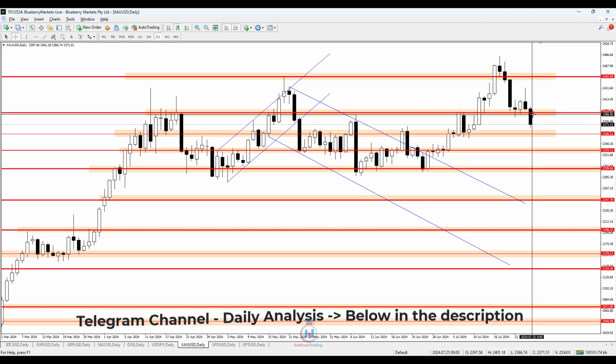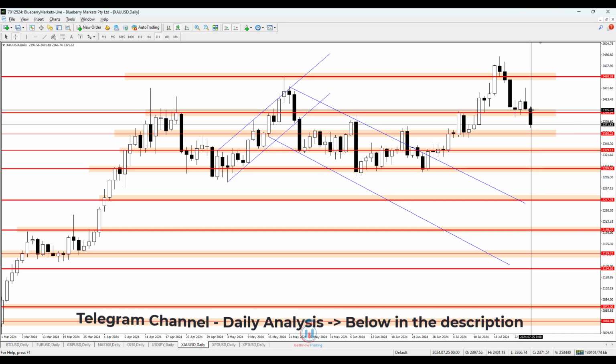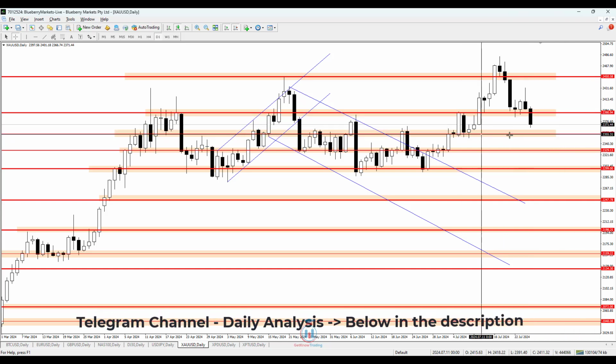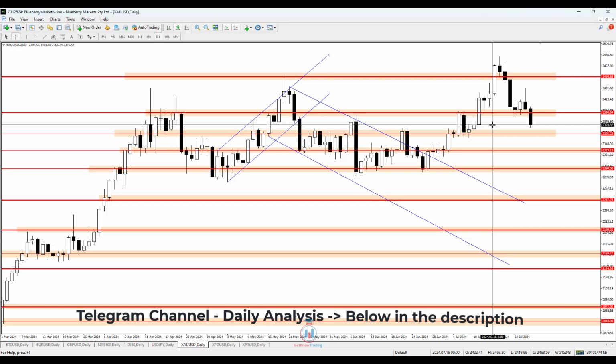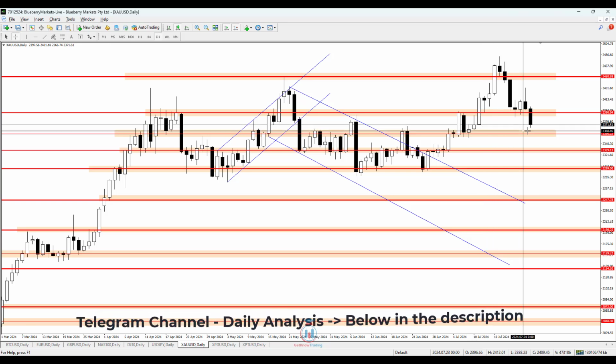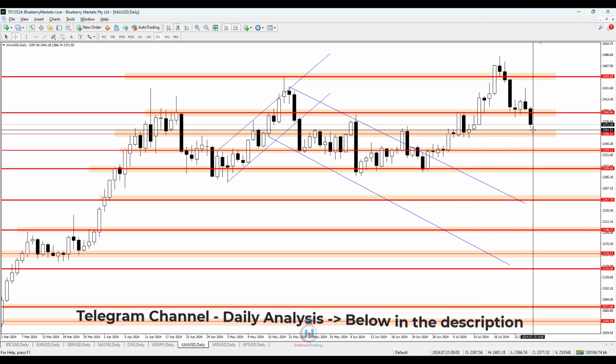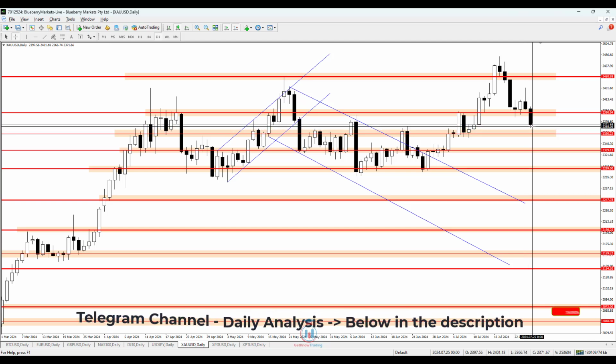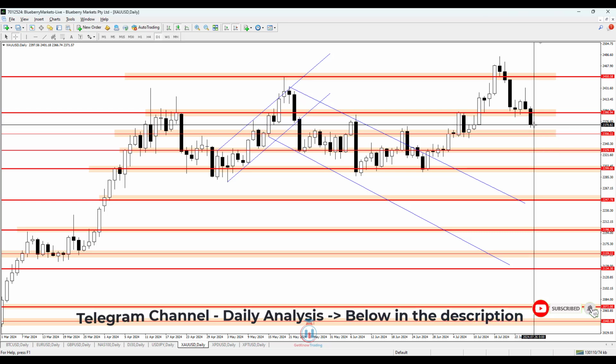Currently the day has started with a strong bearish momentum where the price has closed below this support level and is heading towards 2356.22. Now as it looks right now, the price could reach the area here as the start of this demand zone around 2362.51, and after that we'll see what happens, because the day has just started. Everything can also turn around.